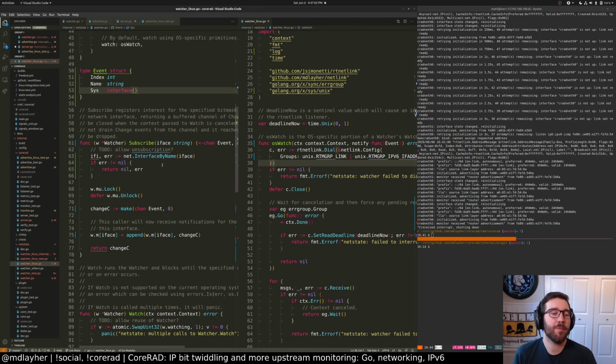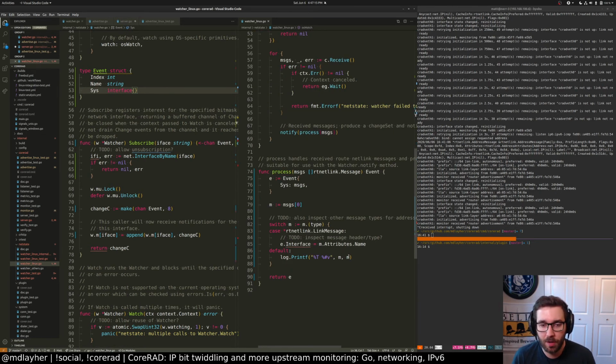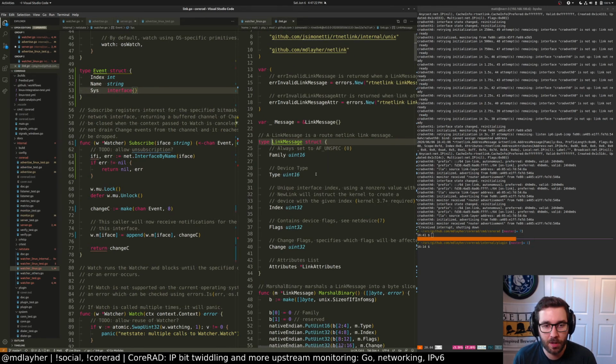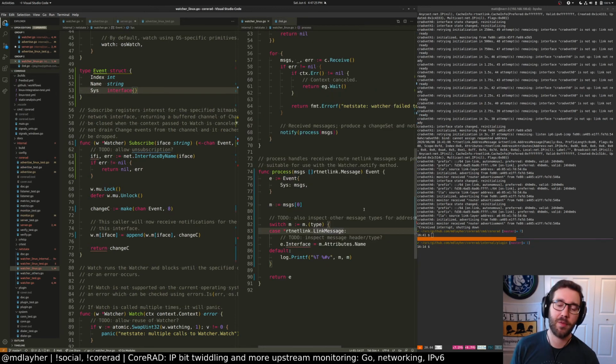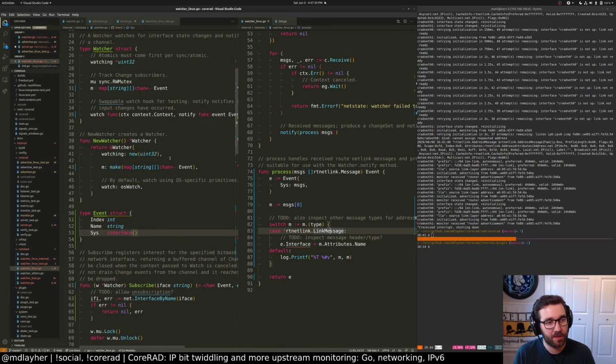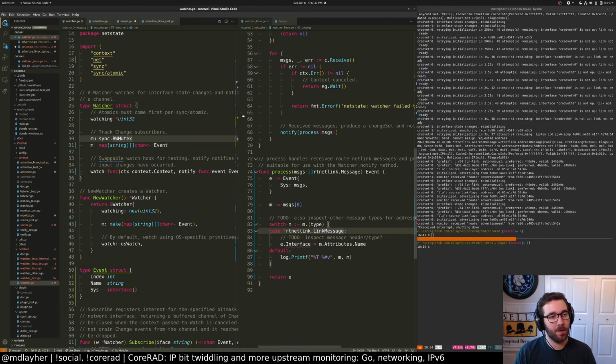I think it makes sense to have a map of this information and then be able to look it up by index or by name. I think by index is probably going to be easier actually. Let me just check really quick. I'm pretty sure this route netlink link message... actually, we can just look at the definition, can't we? It has the interface index. Awesome. So we can just key by the index. Just to make things easy, we'll key by the interface index internally, although externally I think the interface name is probably easier.